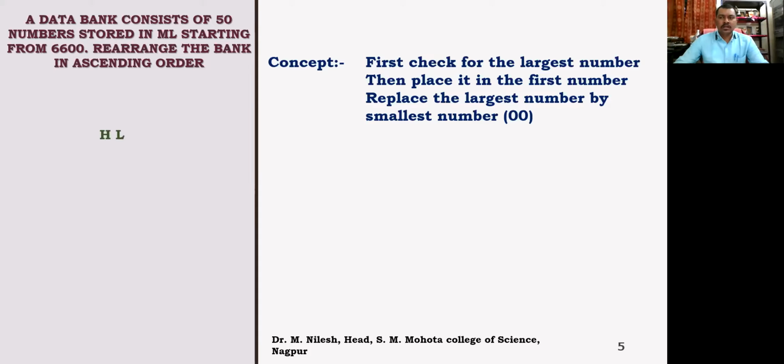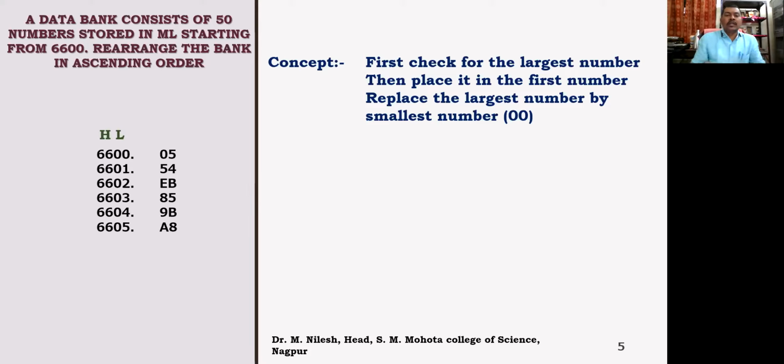Now this is the condition of the HL pair, where we are going to put the actual memory location where the data is kept, right? So 6600 is where the data is kept. We are having the first byte as the counter. So we are using the memory location 6600, the first memory location, to store the count, right? So the counter is directly stored over here in the memory location itself. We are not going to use the MVI B or MVI C instruction to load the counters.